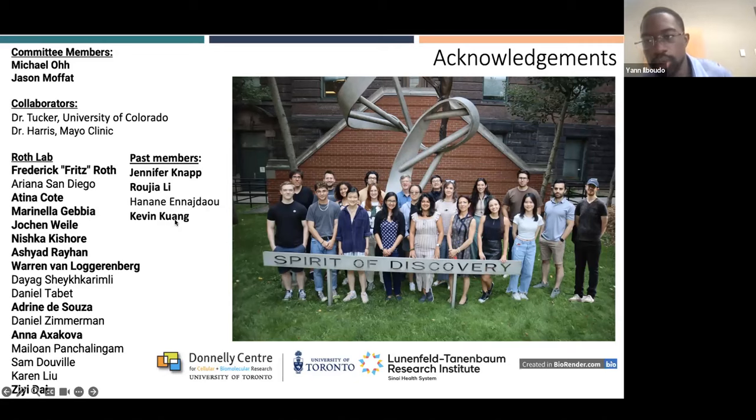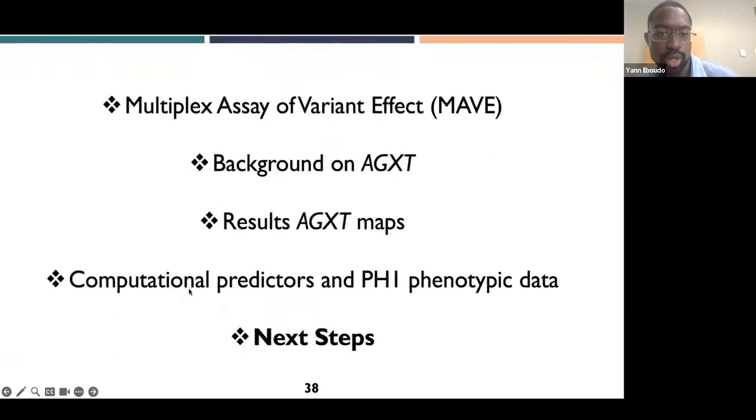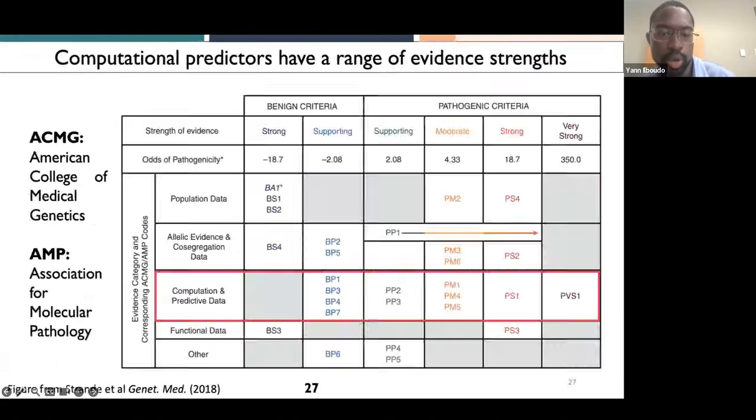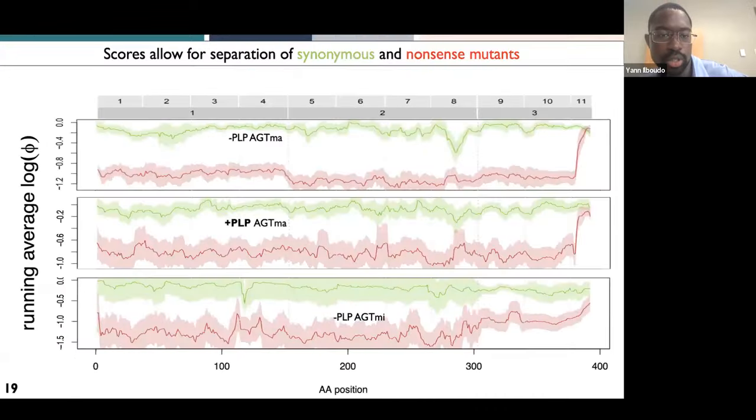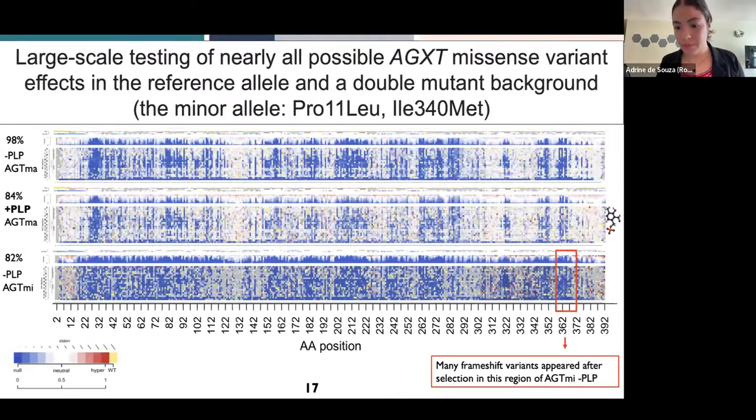I can ask one more. In your slide where you showed the map, it looked like some of the nonsense mutants that weren't deleterious were at the very end of the gene. Could this be some effect of the gene somehow escaping NMD? Yes,